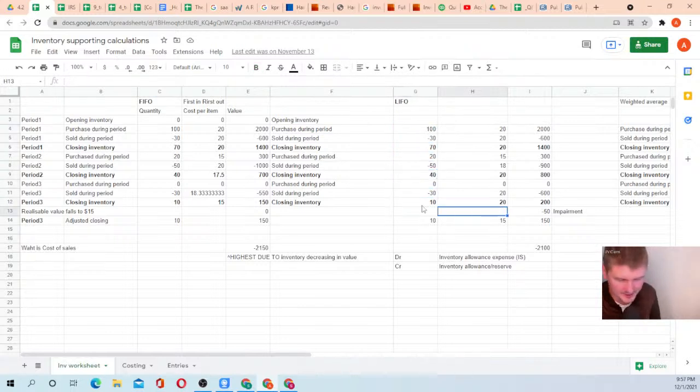In our case, it was a bit vice versa, but in general, LIFO is usually the most tax-saving method. So under LIFO, you will pay the least taxes, usually,